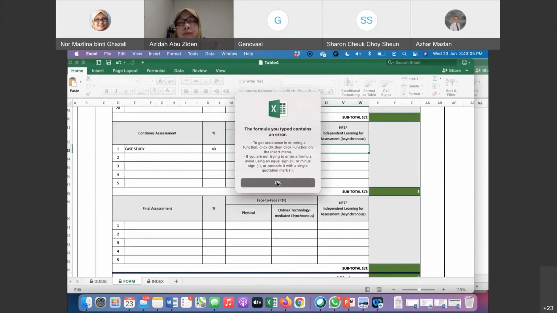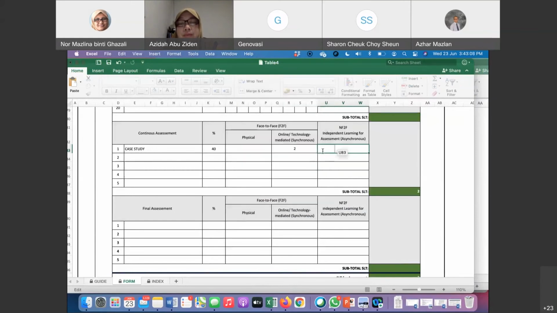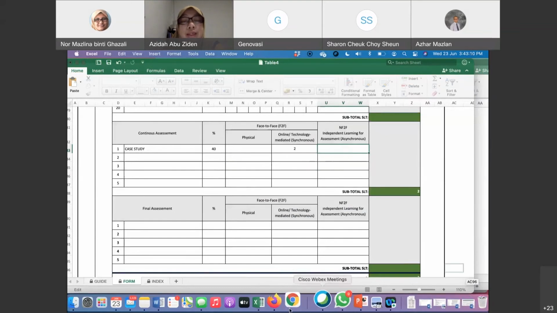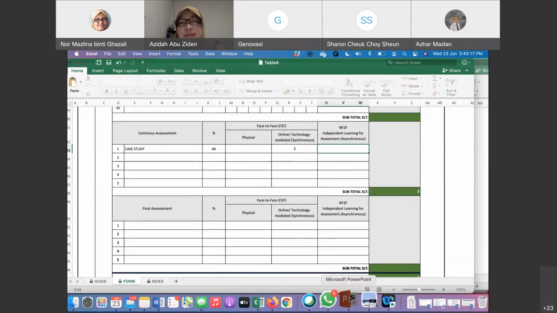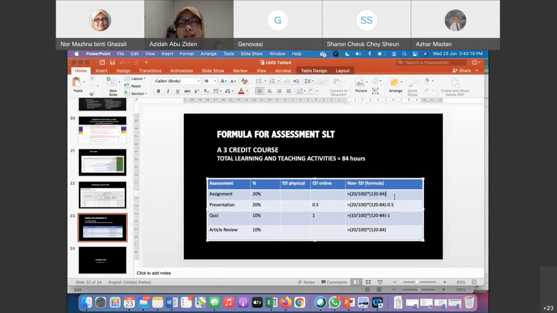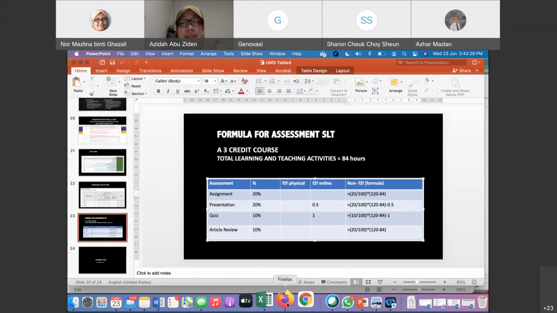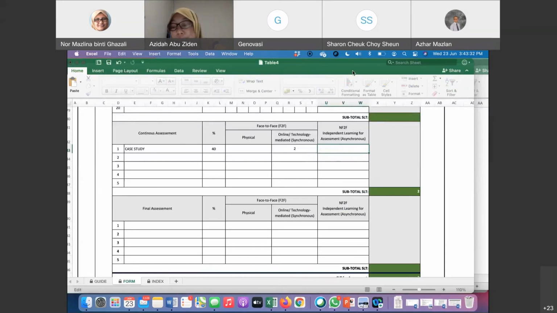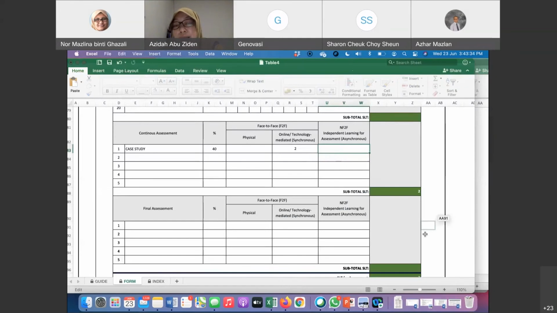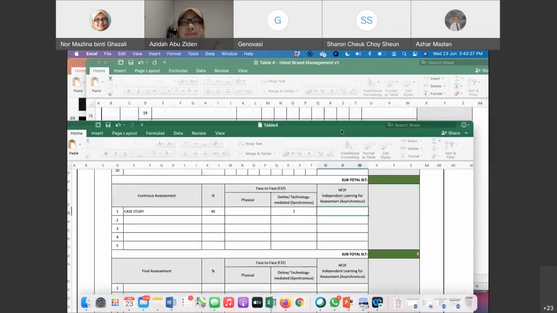Okay, you just put the formula lah, equal to whatever, and then masuk dalam tu, masuk the 40%, 40 out of 420, lepas tu you akan kira macam ni, and then you should be able to get the answer. This one, non-face to face, and actually this is the correct jawapan lah. Dan sebenarnya as an auditor saya tak adalah kira sangat macam tu as detail as that, tetapi kalau let's say